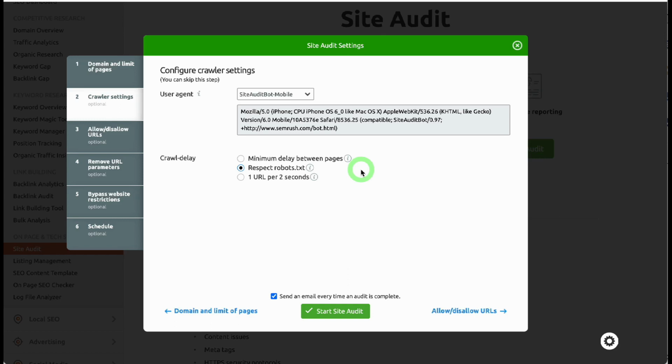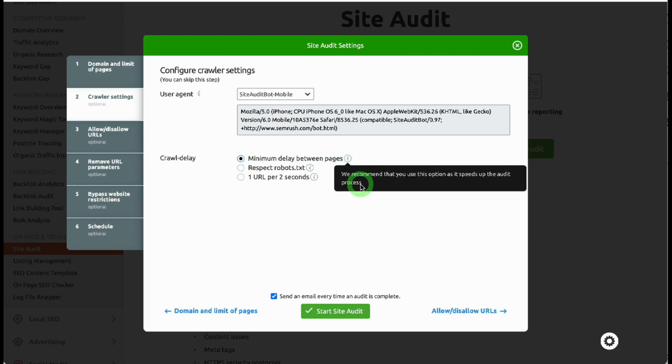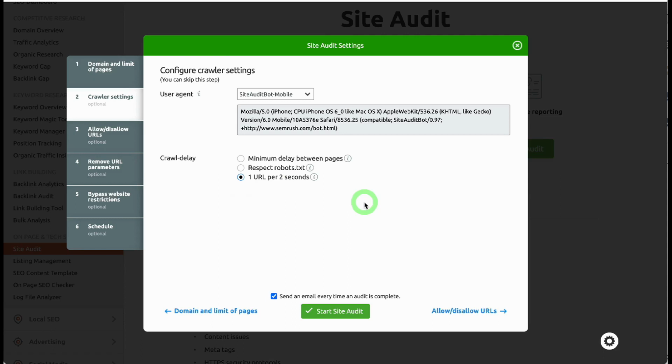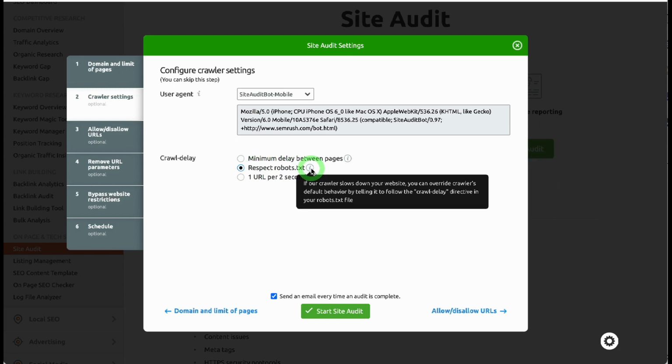But because this audit is geared up towards crawling a website that you own, it's really up to you, because you might not have a crawl delay in your robots.txt file, or you may do. You may want the minimum delay, respect the crawl delay, or change it to 1 URL per 2 seconds. Or if you know the crawl delay in the robots.txt file, let's say it's set at 240 seconds,